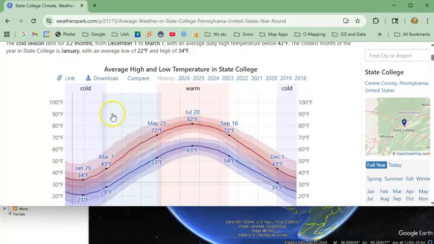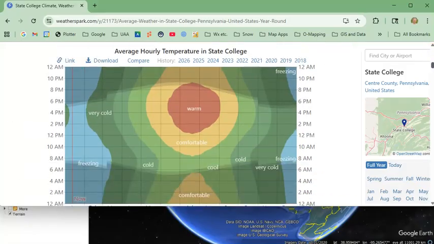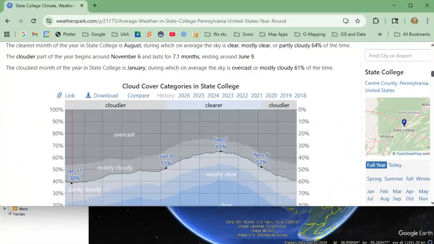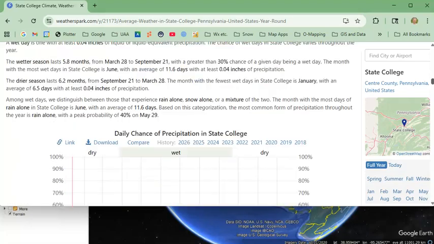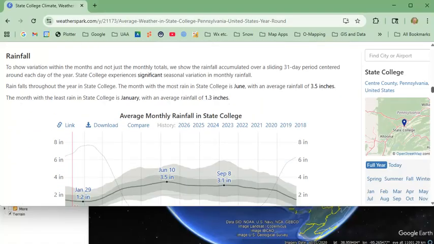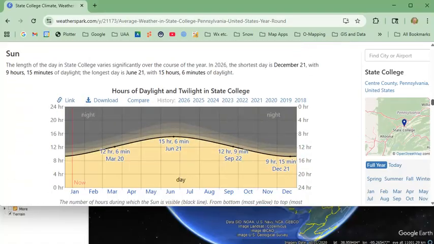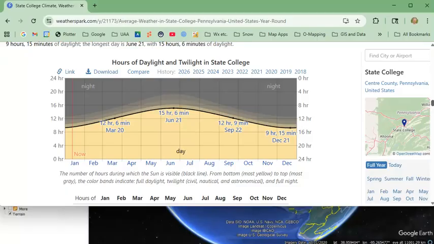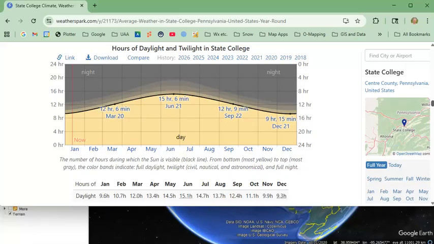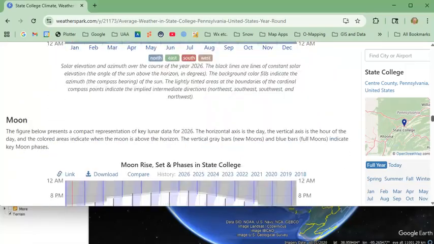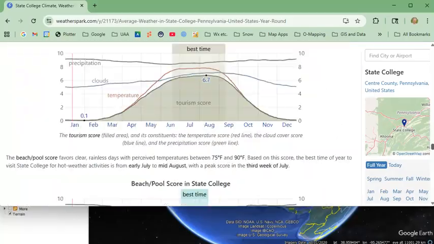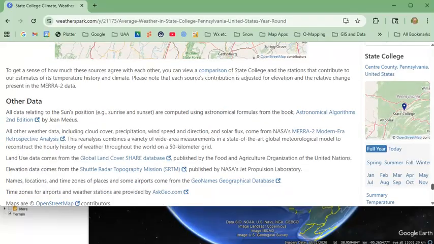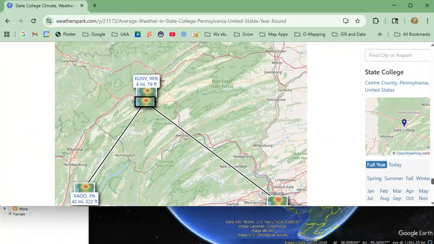This is the graph that we're going to be using right here, the average, high, and low. But I'd like you to note that if you go down lower here, you'll find some data about cloud cover. You'll also find data about precipitation. You'll also find data about the hours of daylight and twilight, which is important for explaining seasonality. And then at the very bottom, there's solar elevation and azimuth. At the very bottom, there's a description of where the data actually come from, where it was collected, and you'll